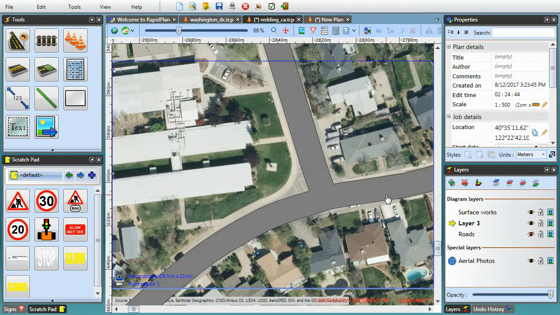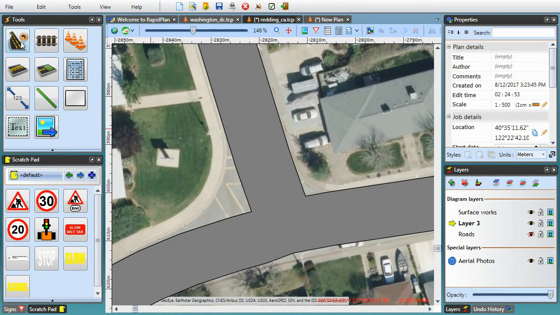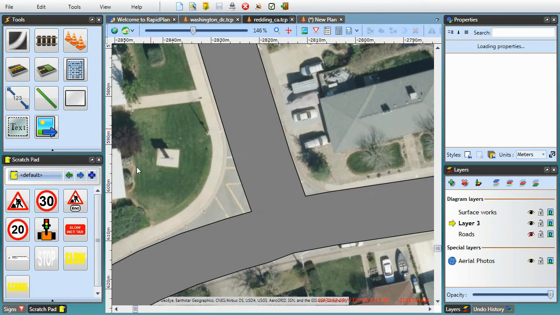You can now see how these imported roads already match the base map fairly well, except at the intersection where I'll need to draw some manual adjustments. I'll use the road corner tool to cover the corners and the turn lane tool to adjust the slight inaccuracy at the bottom of the intersection